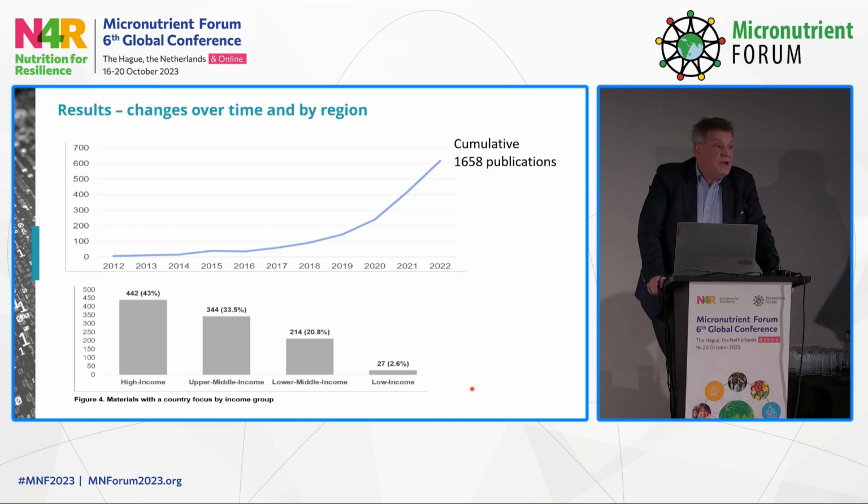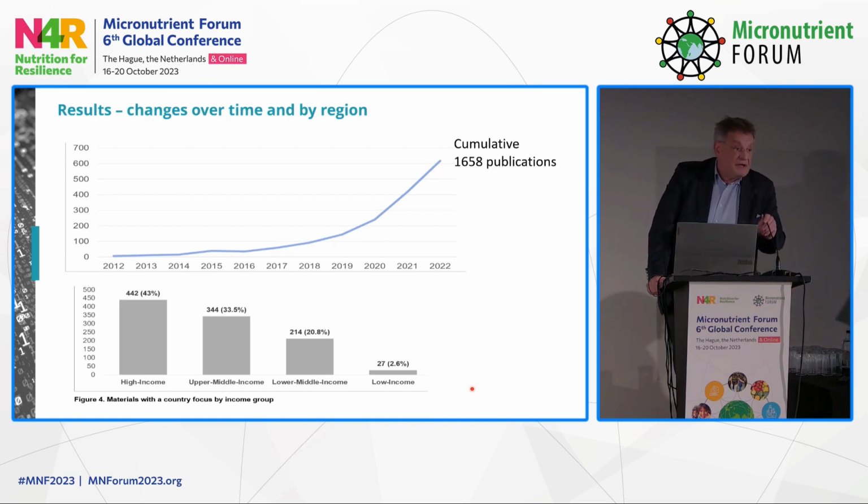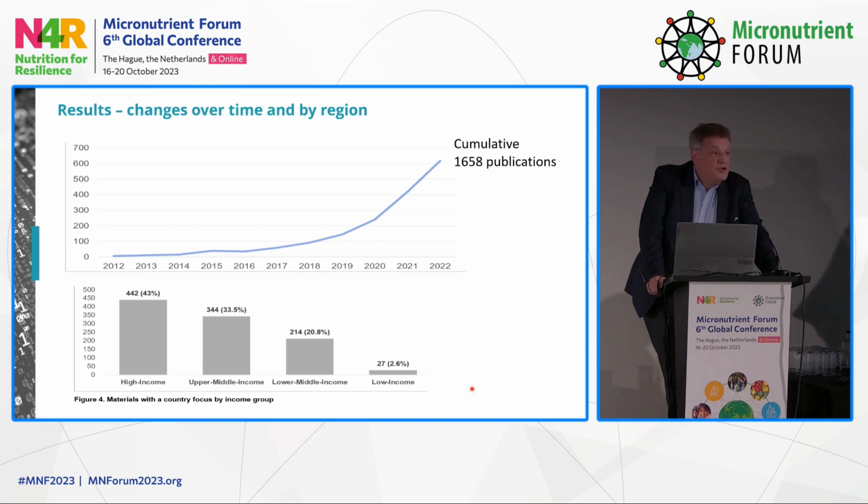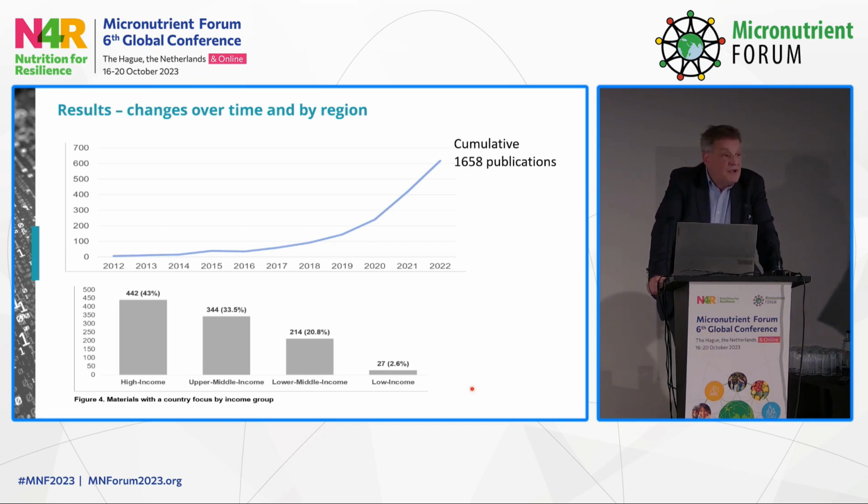If you look first at the number of papers, that is what you would expect. Nobody, or next to nobody, was talking about big data in 2012. Data-driven decision, yes, but now we have a yearly publication of 600 publications which we use. It's not only the publications which are mentioning big data, but those we have selected because they are relevant for the food chain. Cumulatively, we have boiled down our 30,000 and more publications into 1,600 publications or so, and you can see the increase over time.